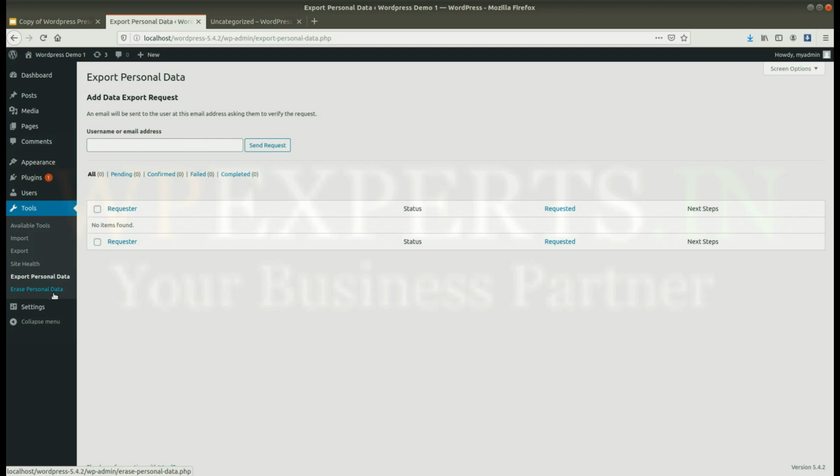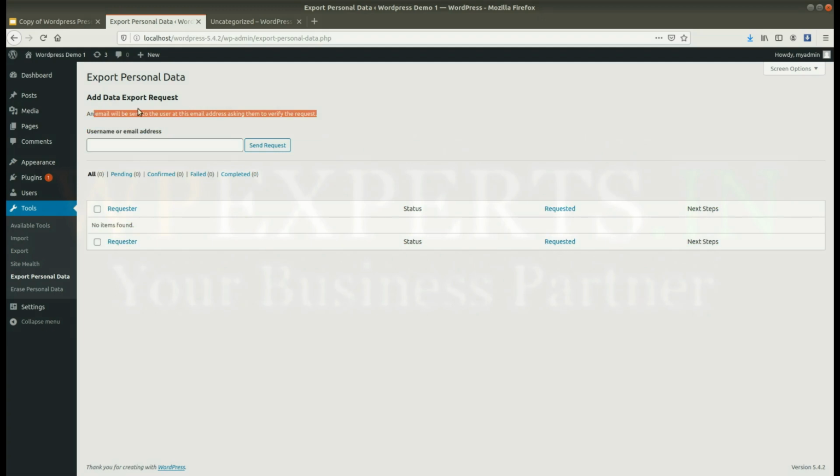Okay, so these settings were also recently added by WordPress. Here you can export the personal data from any verified request. Here you can see an email sent to the user at this email address, asking them to verify the request.